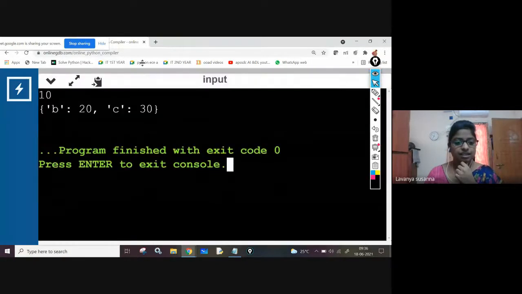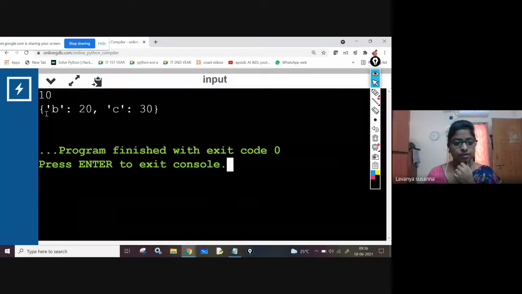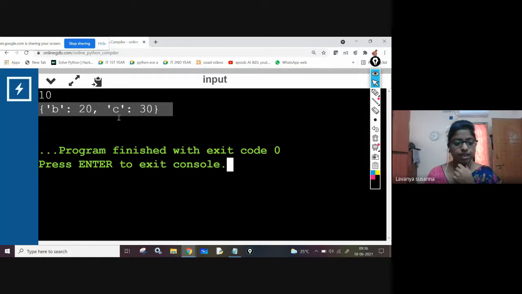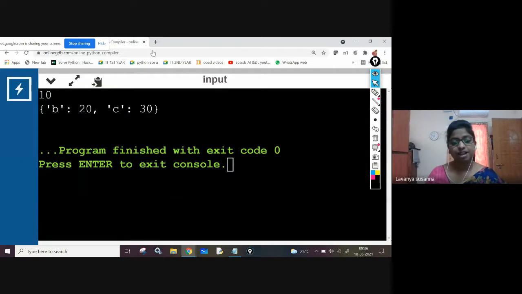In the first print I have used D dot pop of A. Next, I have used print D. Now see, the A key and A's value are deleted from the dictionary. And what this pop function returns is A's value. Once again, observe it. D dot pop of A deletes, but this pop function is also returning the 10 value, the key's value.